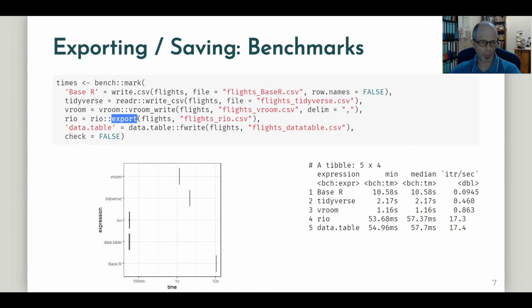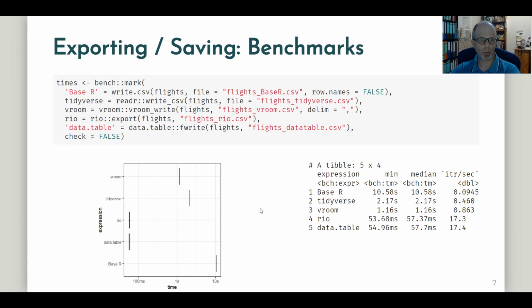dedicated function, but you can just use the export function as a general exporting function and just specify the file, and the extension tells Rio which package to use in the background. And here it uses data.table to make use of data.table's blazing speed. Right, so we have a clear winner in data.table, and now we can straight move on to importing these files